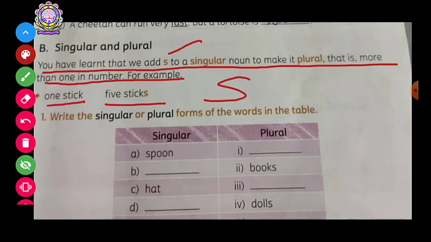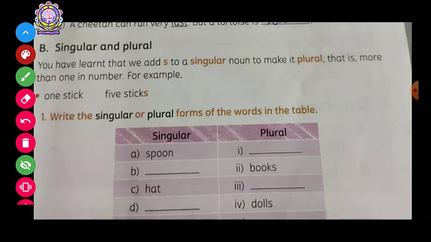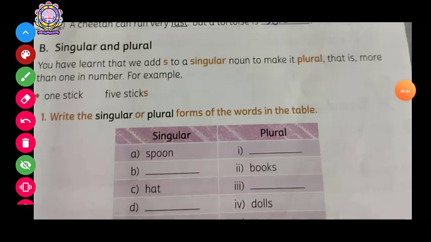Alright. So your next line is: write singular or plural forms of the words in the table. Now we have to write here the singular and plural form of these. Your first word is spoon. So what will come here? Spoons.